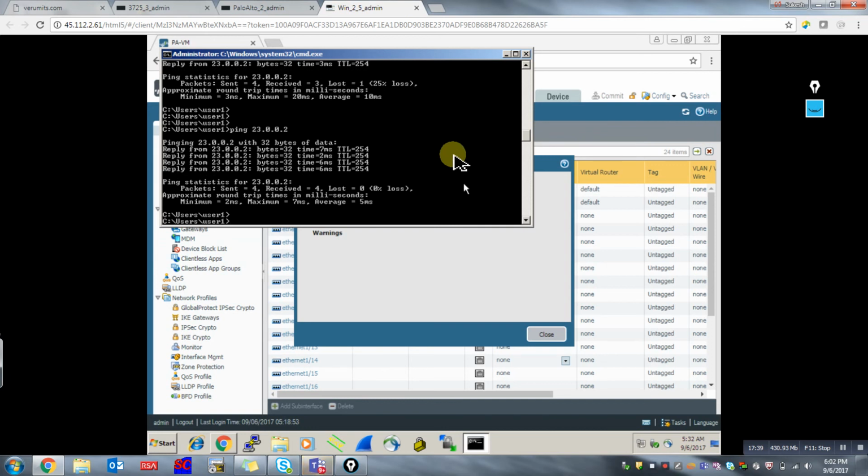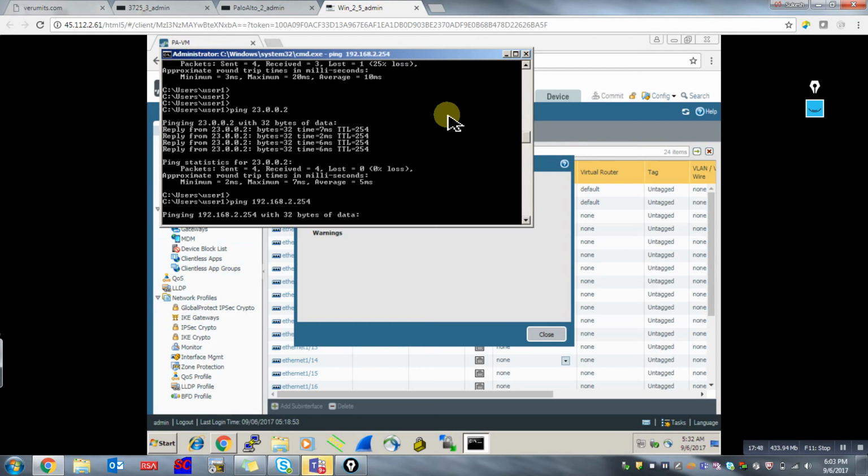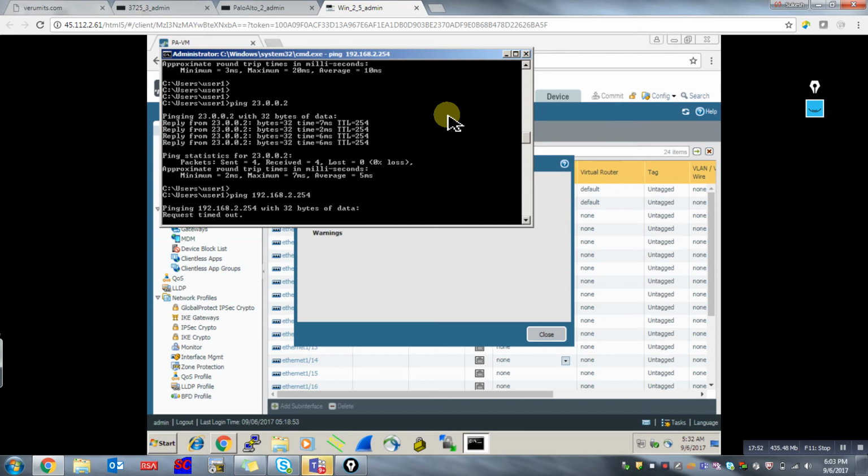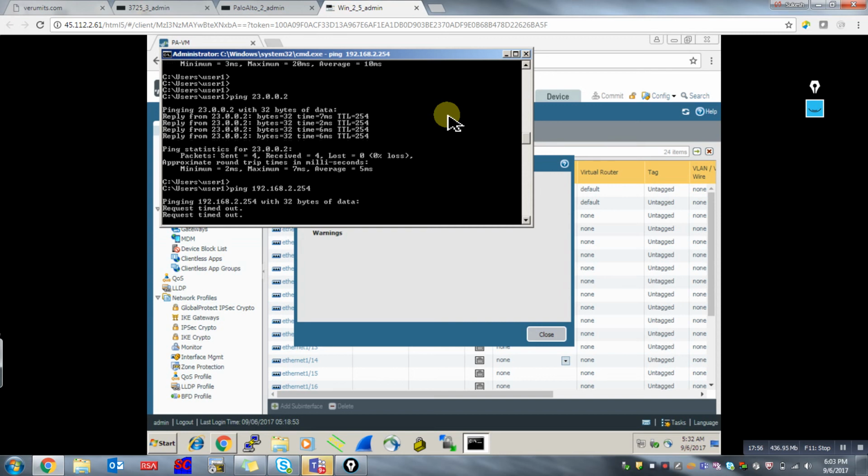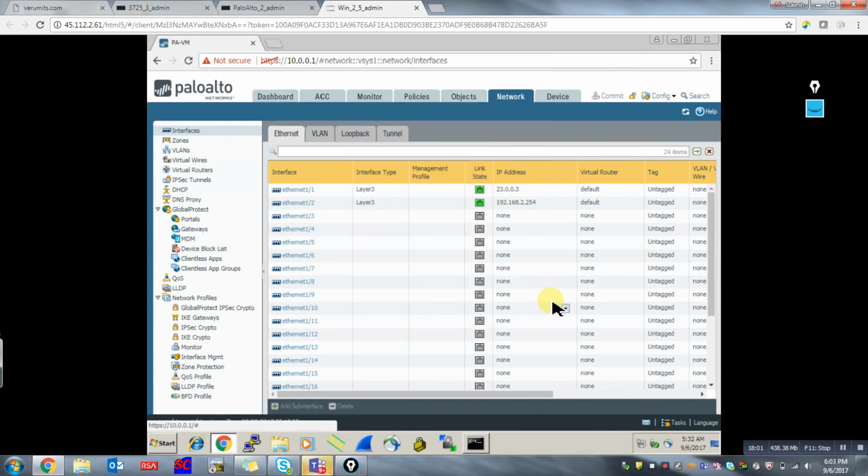But there is a strange thing here. You cannot ping 192.168.2.254. Although the traffic is going through the firewall, the traffic going to the firewall is getting dropped. So what we can do here, although this is not really required, but for troubleshooting purposes, is create a